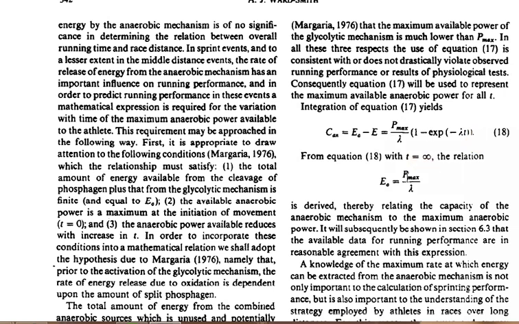So effectively at very small times, this gets very close to 0, and then at infinite times, this gets very close to 1. So effectively what this says is that at longer times, you have your whole capacity available. At shorter times, you have a very small fraction of it. Regardless of whether you want to look at time 0 or time infinity, you get the relationship here, where again, to make it simpler, move this up here, call it tau, use regular seconds instead of inverse seconds, and what you see is that your capacity of the anaerobic system is really equal to the Pmax of the anaerobic system times your tau. So substitute that in, do a little math, and what you can see is